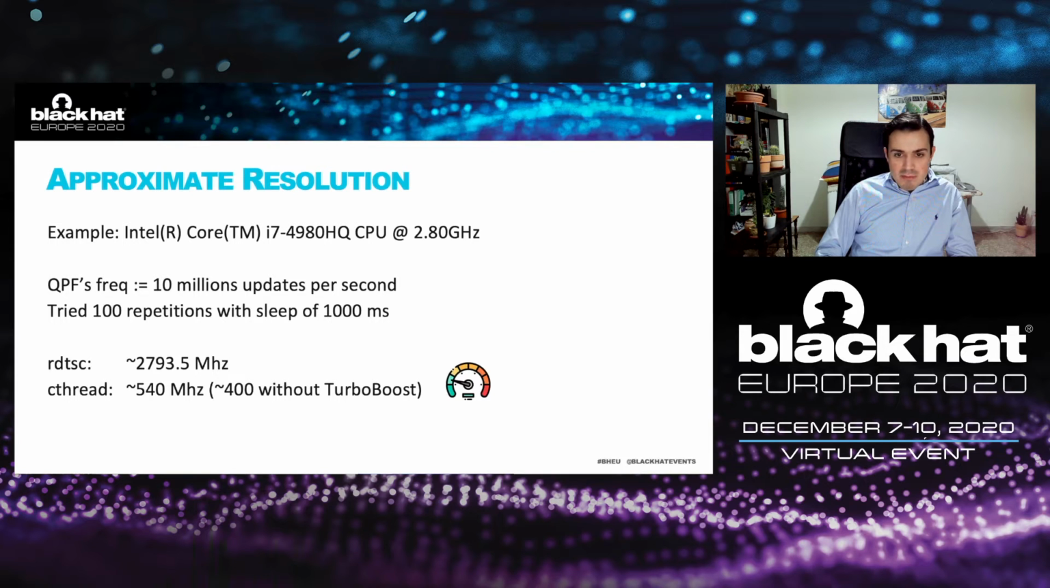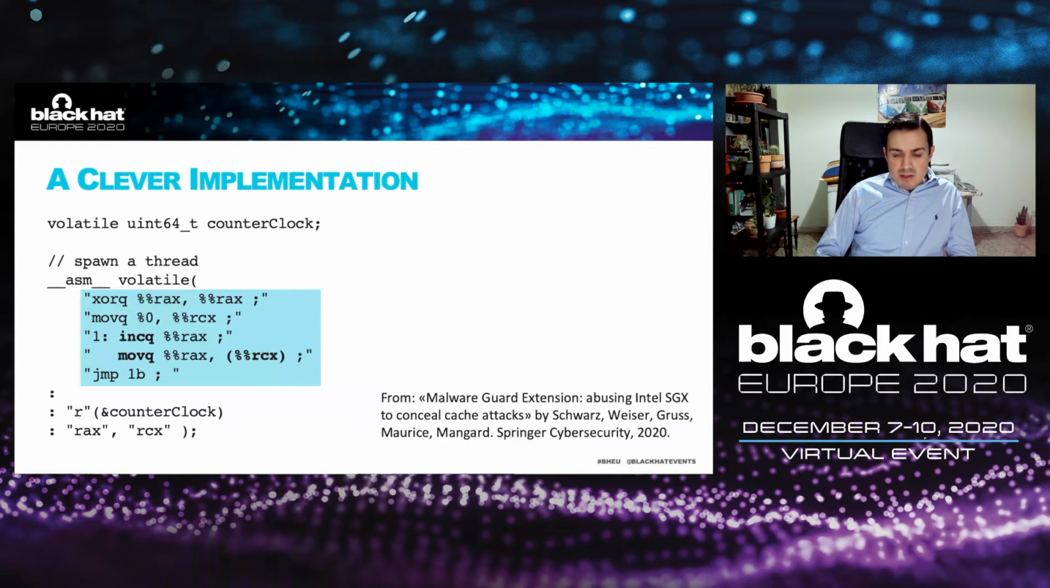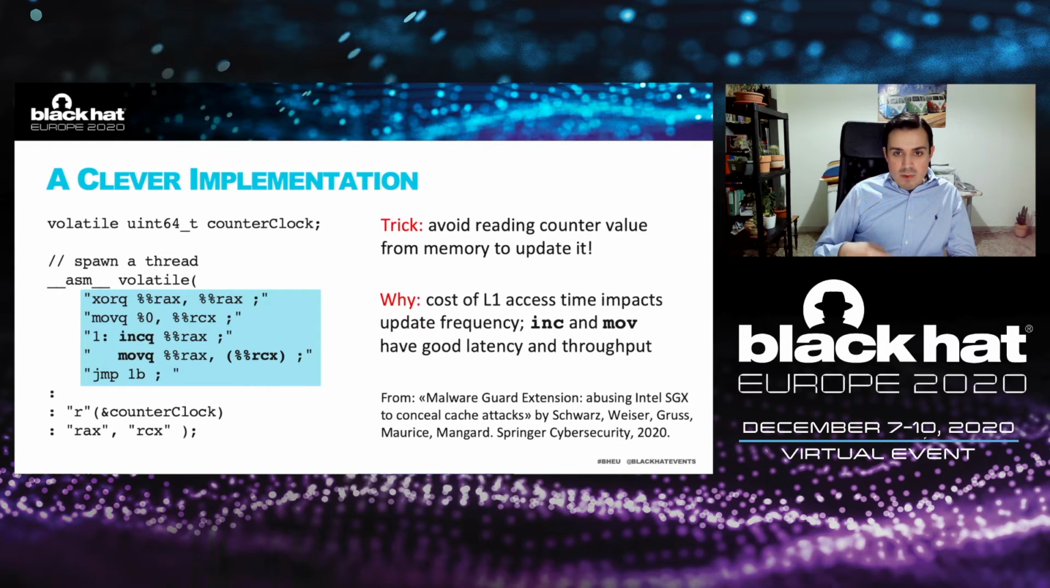So can we do better? Can we increment that variable faster? Some researchers at Graz University came up with a clever idea. They say the problem of that increment is that to update the counter, you first have to read the current value, and then you can update it. And you're reading and writing from memory. So this means two accesses to the L1 cache. You can save one of those